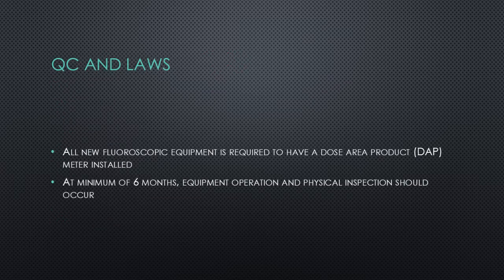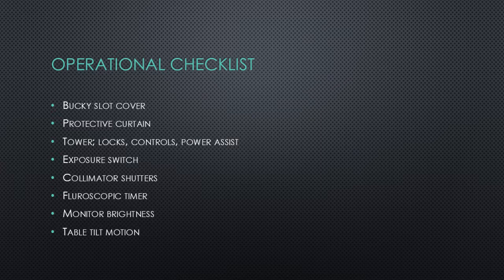Federal guidelines for fluoroscopy equipment regarding the QC and laws can be found in Title 21 of the Code of Federal Regulations. So fluoroscopy inspections are basically performed every 6 months at a minimum. The American College of Radiology, ACR, recommends about 18 characteristics of fluoroscopy that should be evaluated by the physicist at that time. So the operational checklist is here, and some of the little comments are when the bucky is moved to the end of the table,